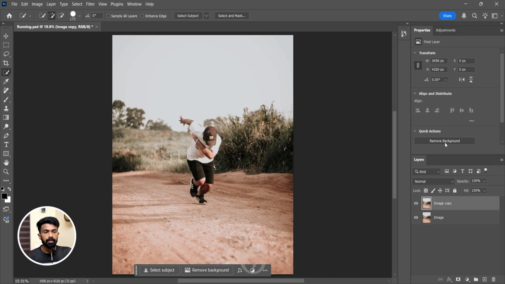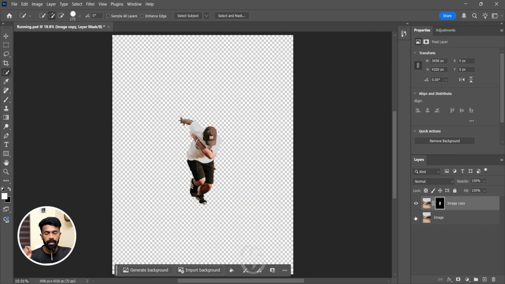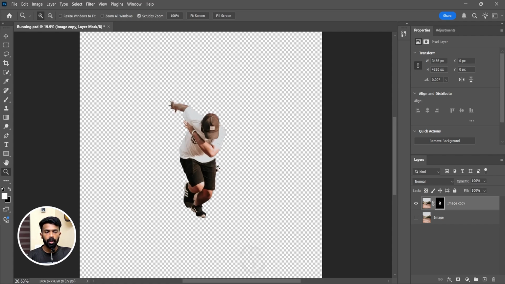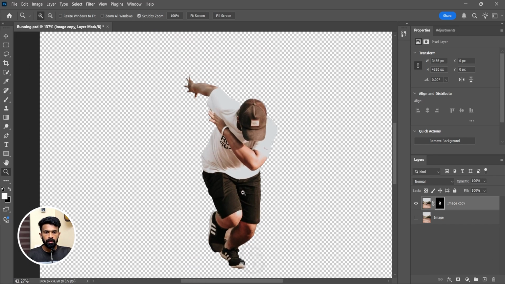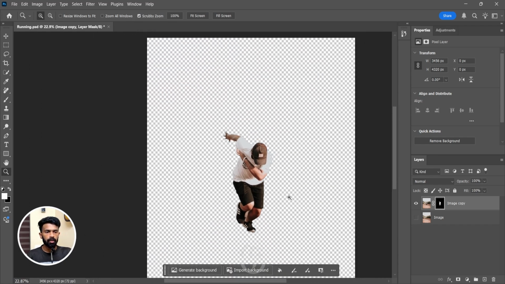Now select remove background from the quick action panel. Turn off the visibility of the lower layer to see what has really happened. Now as you can see, the background has been removed, but you can zoom in for proper detailing and you can see that there are some flaws. You can select the upper layer, use the erase tool to make a clear cut division of that. Once you feel like it's done to go, then